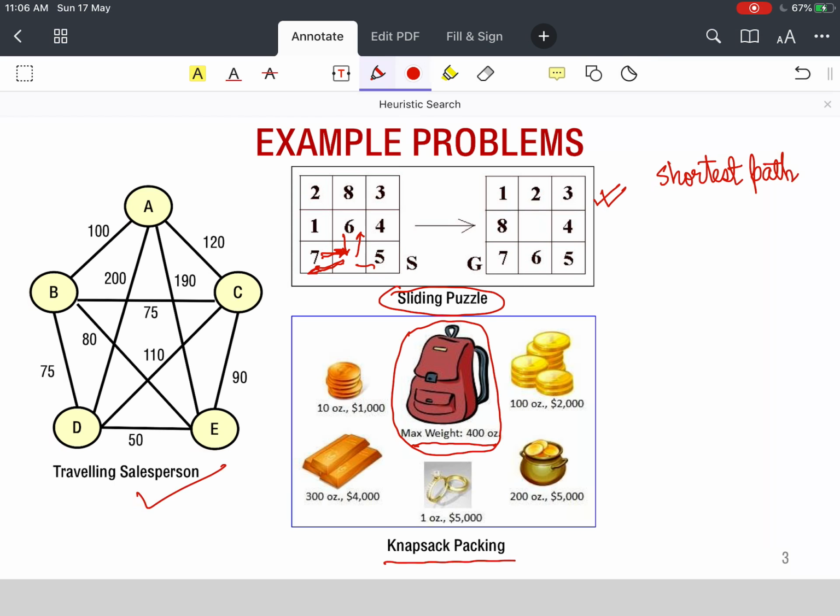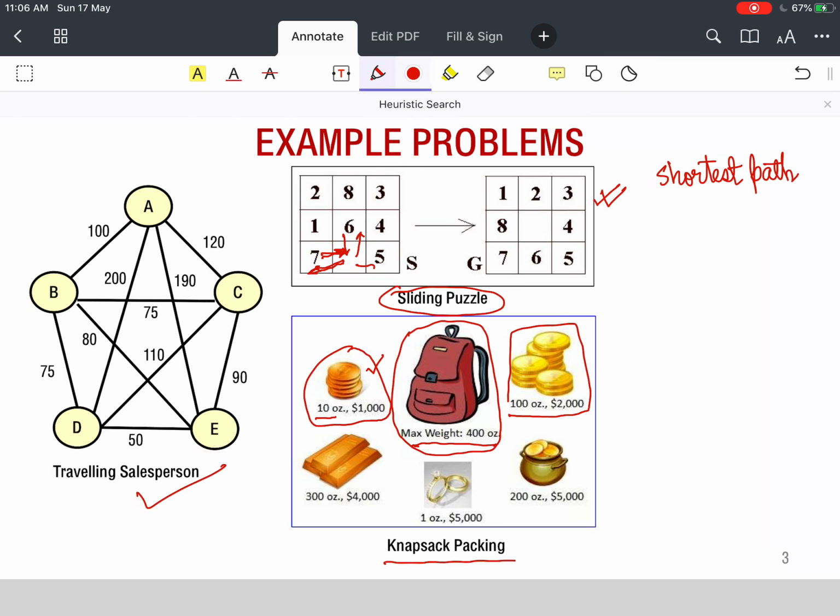In this one, this 400 ounce is the maximum capacity of this sack. Now the items, there are 5 possible items that I can take. I can take some simple coins or gold biscuits or something like that, whose weight is 10 ounce and whose value is $1,000.